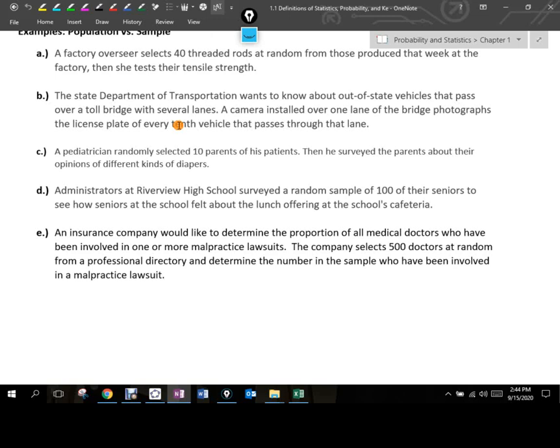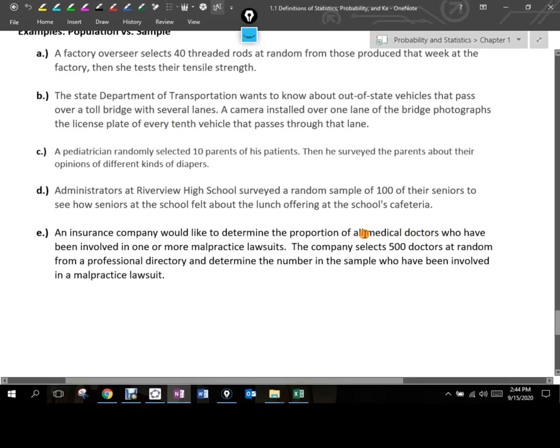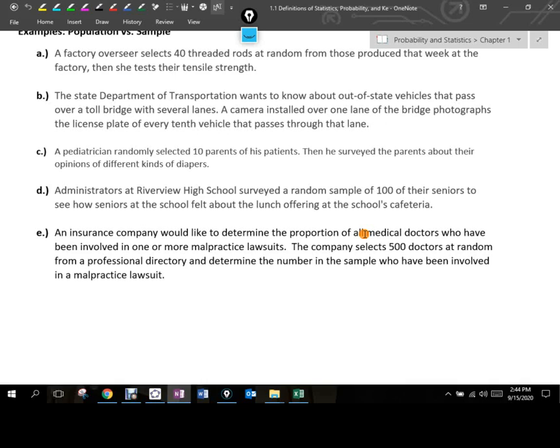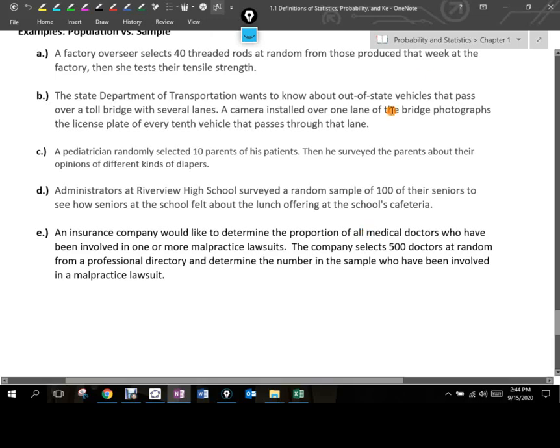The population is all medical doctors, right? Because basically what they're going to do is they're going to say, if we said all medical doctors who have been involved in one or more... well, I guess I didn't read that. No, because